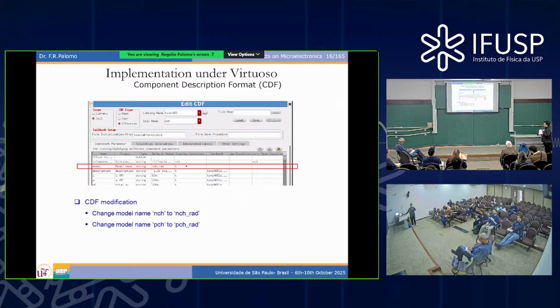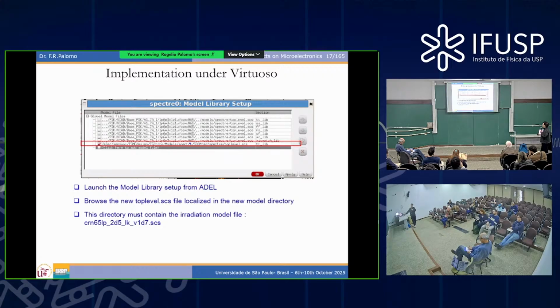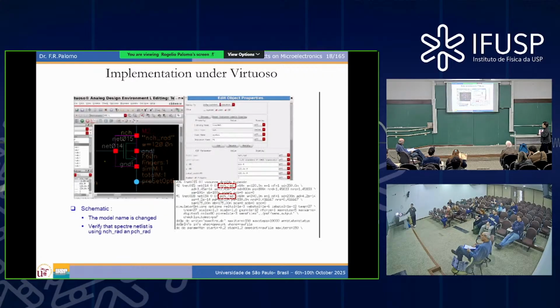This tells about how to include that library in the Virtuoso suite. Sorry for the delay, but the thing is going very slow. So here you have the final result. Basically, when you are making your design, instead of taking a conventional transistor from the library, you take an NRAD or a PRAD transistor. And then you analyze the behavior or the dynamics of the circuit with those TID-affected